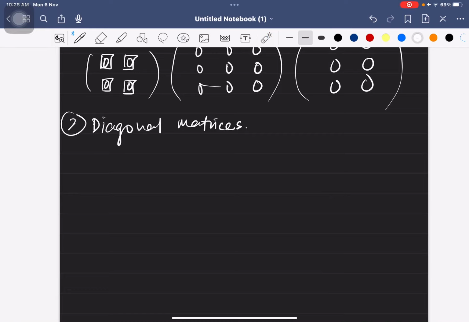Okay, and the second terminology that you need to know is diagonal matrix. What is a diagonal matrix? If you have ever played chess before, diagonal means